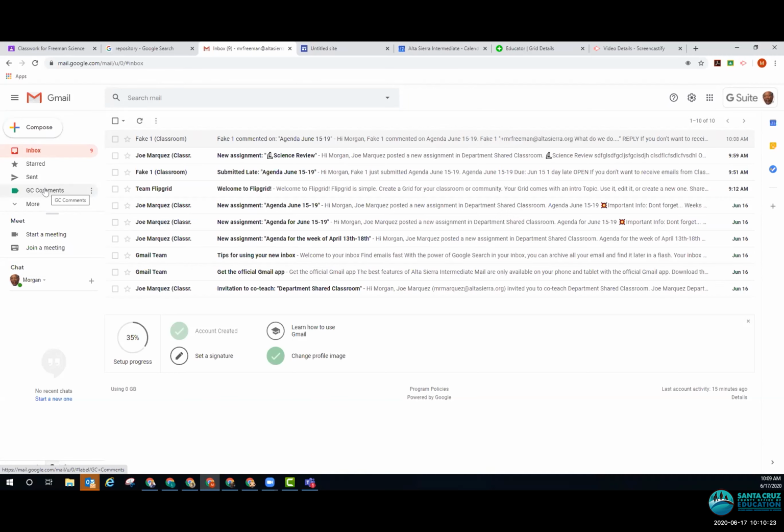So now whenever a new Google Classroom comment comes in, it'll automatically be labeled and sent to that particular folder. And you can do the same thing with private comments, because it'll be the same thing, except instead of saying commented on, it can say left private comment as the key trigger words. And you can just create another label there. It just makes it easier for the teacher to come in here and go, oh, I got 3 Google Classroom comments. Oh, I got 3 private comments.